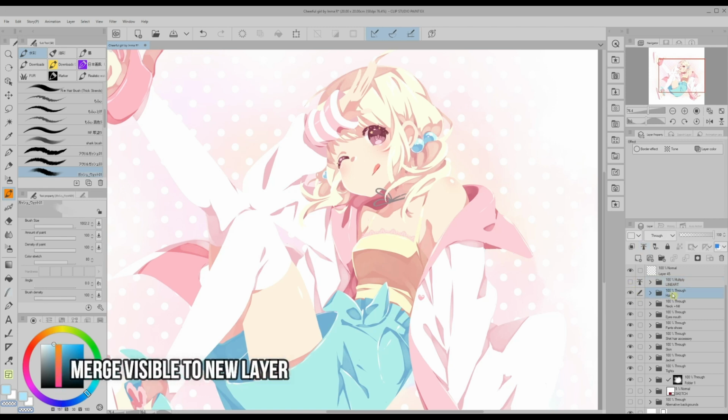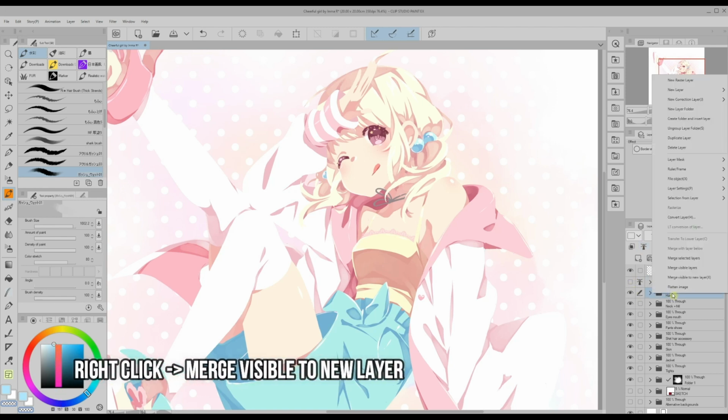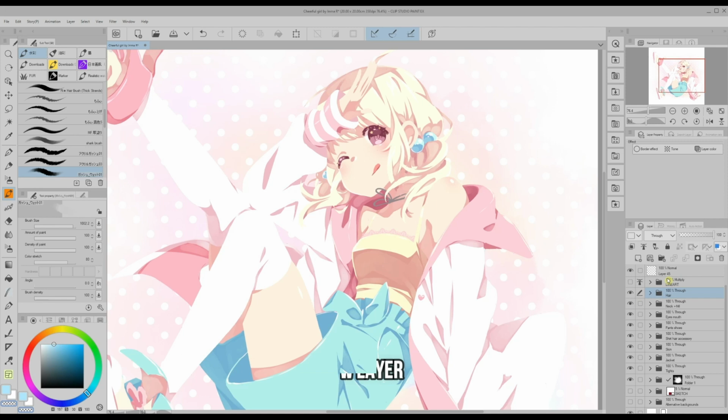I right-click on the next visible layer and select the Merge Visible to New Layer function. This will create a copy of all visible layers into one single layer. The name of the layer was set automatically as Hair 2, so I will use that name to refer to this new layer. I drag the Hair 2 layer on top of the Line Art folder,